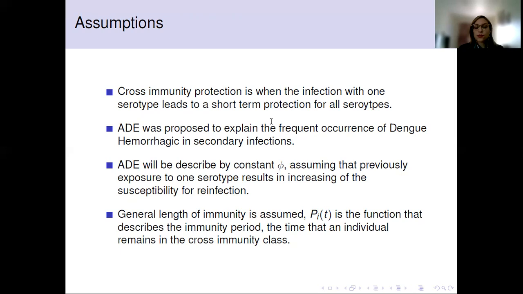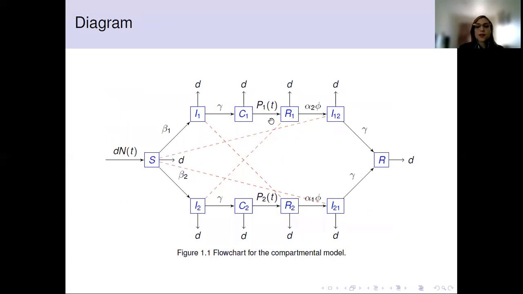And we're going to represent the cross-immunity protection between serotypes by assuming a general function for the immunity period. So P would be the function that describes this immunity period, the time that an individual remains in the cross-immunity class. So here you can find a flow chart, a diagram of the interactions between